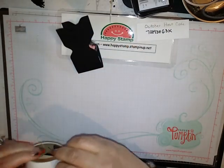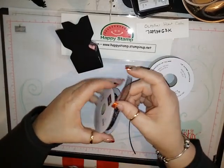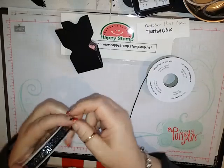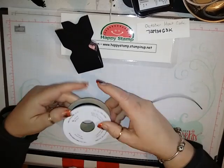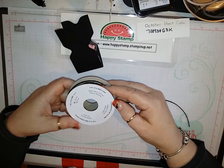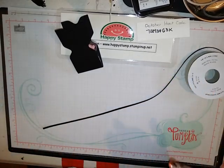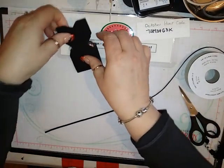Now, I have 2 ribbons here. I have our sparkly glittered organdy ribbon, which would look good, but I thought that this one looked more like a cat collar, and this is 1/8 cord, and it's black with a little bit of either silver or gold. When I look at it one way, it looks like it's silver, and when I look at it another way, it looks like it's gold. So, could be either. So I just took that,